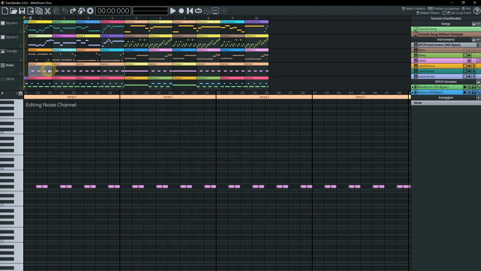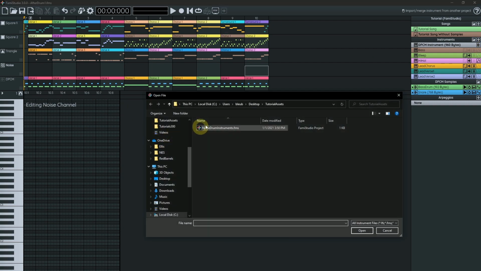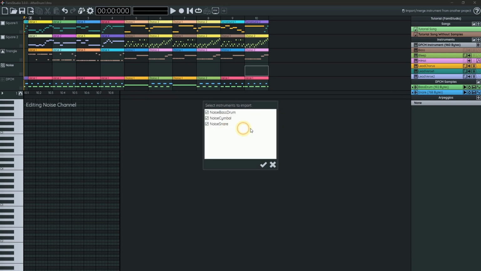The first thing we're going to do is delete every pattern on the noise channel because we're going to be redoing it all. In the interest of saving time, since we have to create 3 new instruments, but there's really nothing new to learn here, I've included them in the tutorial asset. You can merge instruments from another FamiStudio project by clicking the little folder icon here, and it's called Noise Drum Instruments. Again, you can find the tutorial assets in the link in the description. Here I'm going to load all instruments,